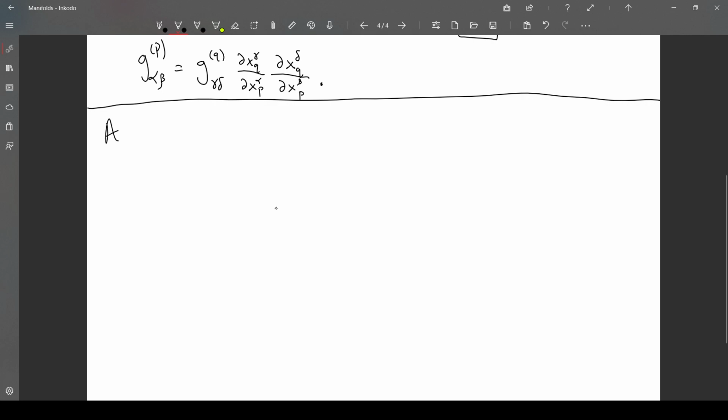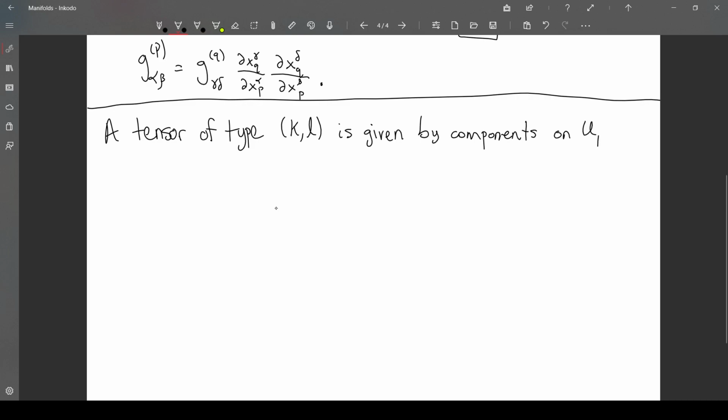So we say a tensor of type (k, l) is given by components on U_P, so chart dependent components,